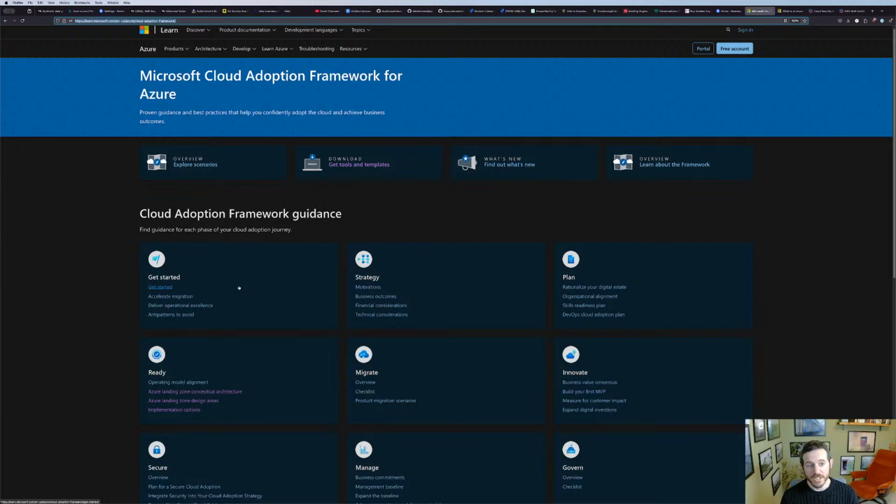Now, the Cloud Adoption Framework is designed to help people who are new to Azure get started doing cloud stuff in a reasonably sensible manner. It is supposed to give you the guidelines and the understanding as to how to best design your migration or deployment of cloud applications and services into Azure.